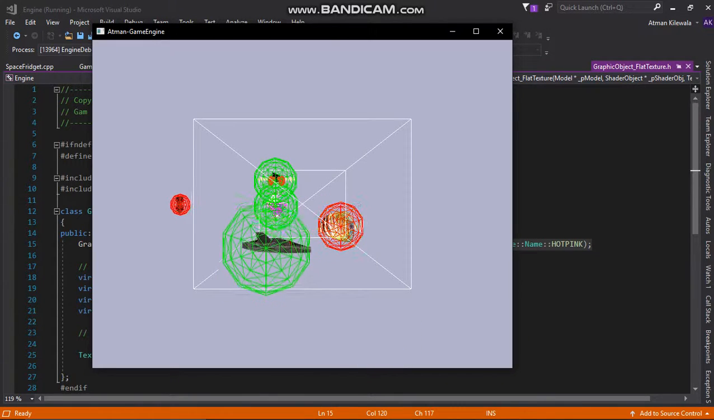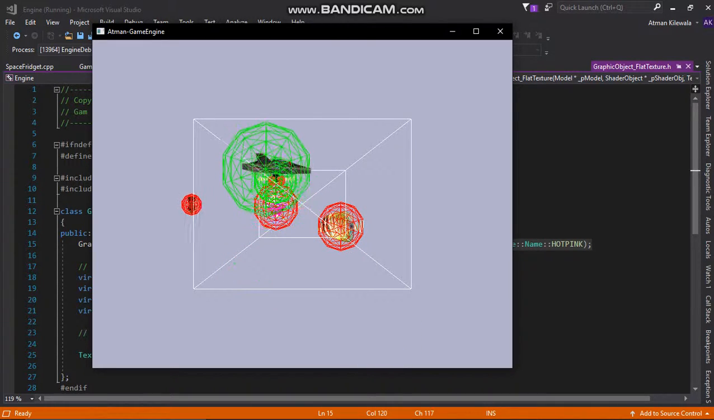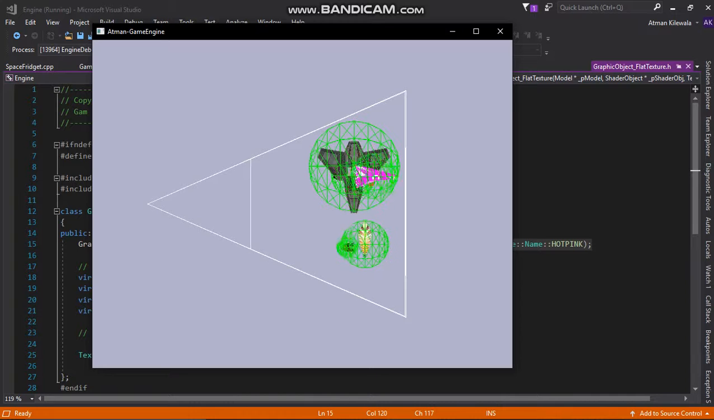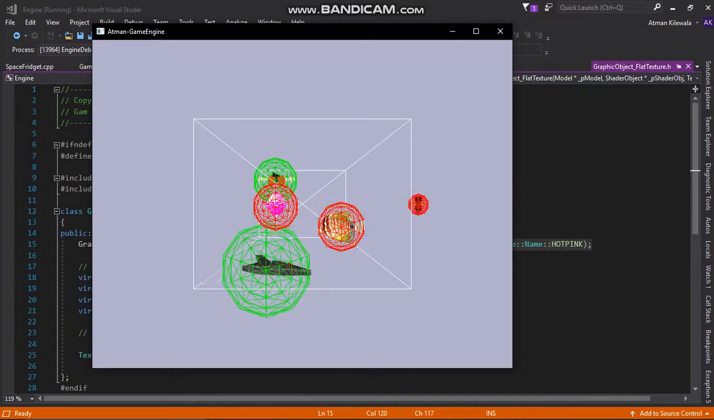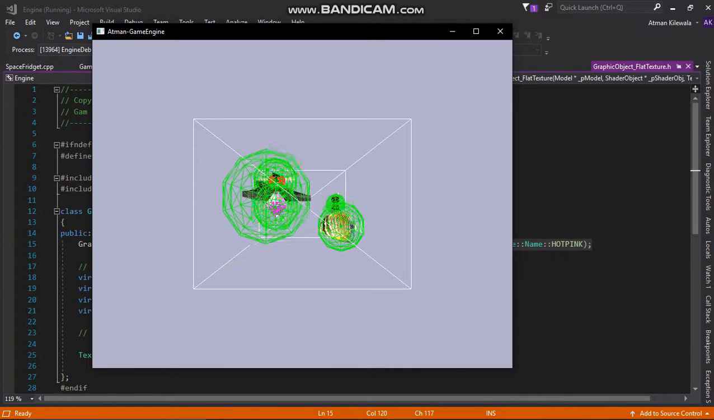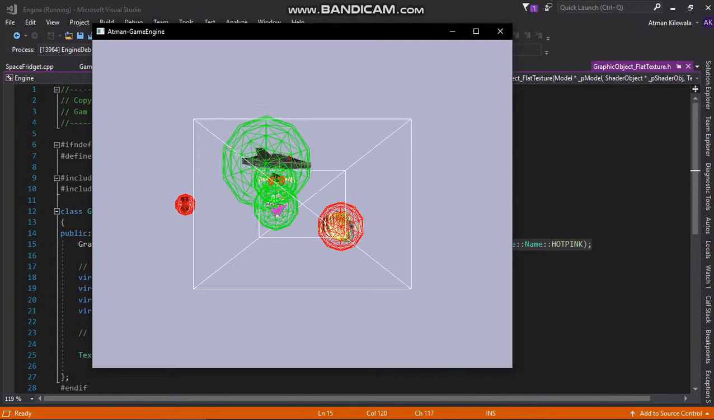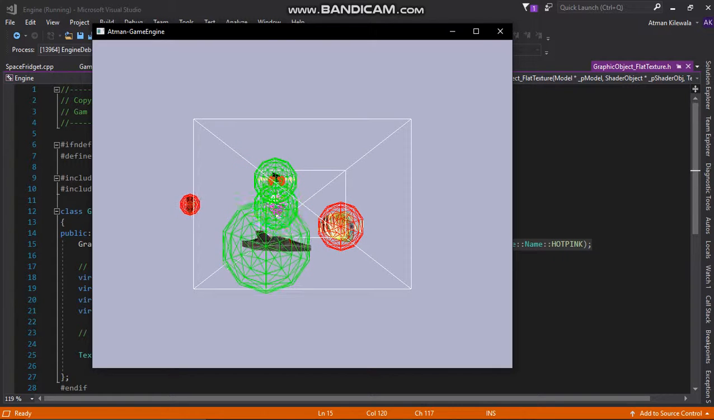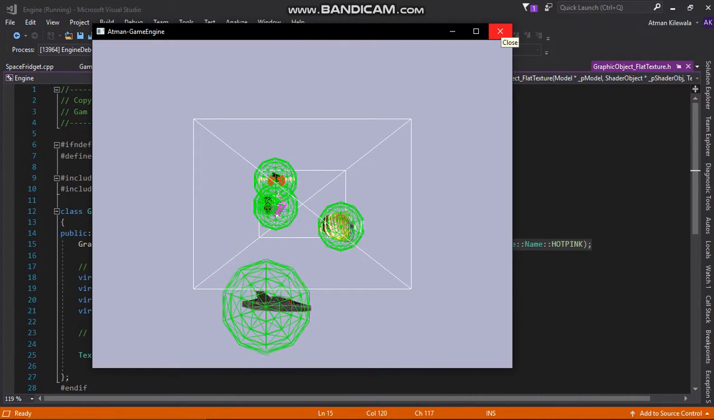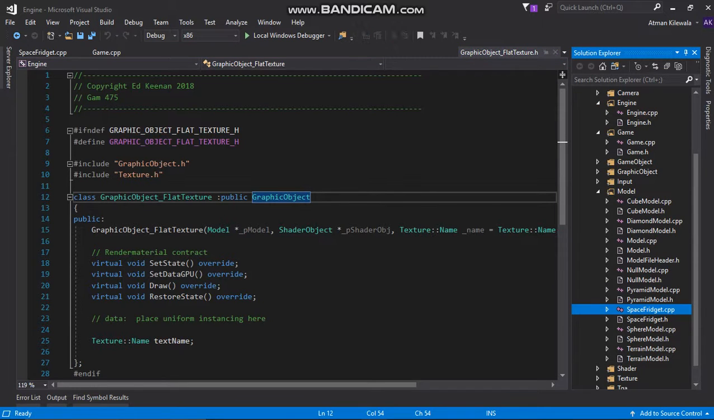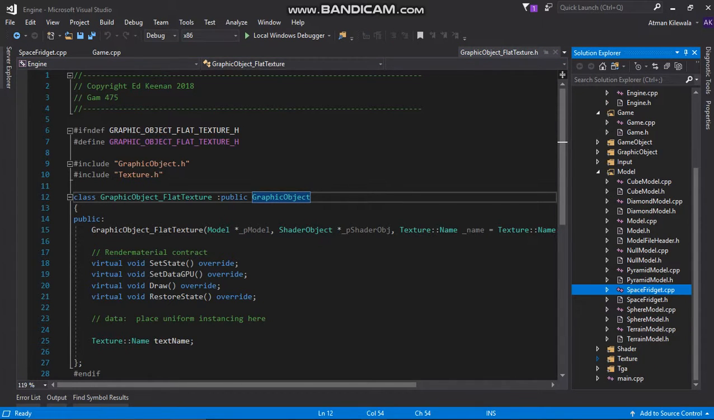These are the views of the camera. This is camera 0, camera 1, camera 2, camera 3. So all the cameras are working, and we have all the models from different groups on the screen. All the bounding spheres are bound to each of the models. And we are reading the models from the data. Just to show that